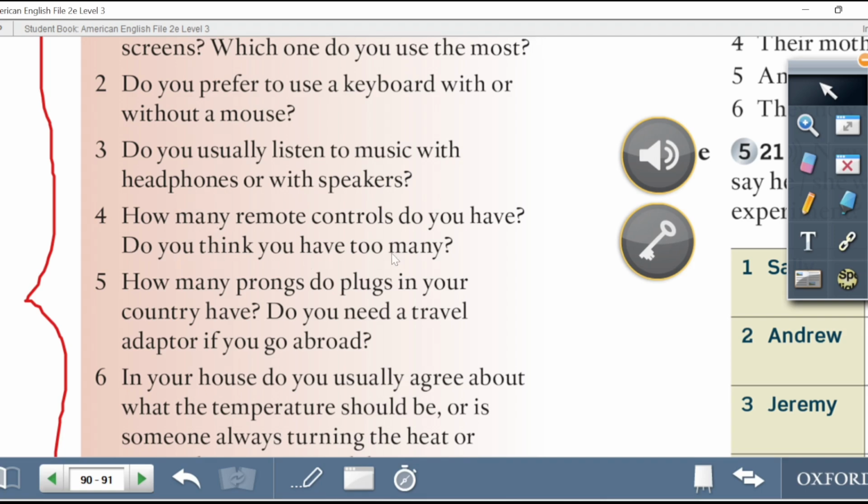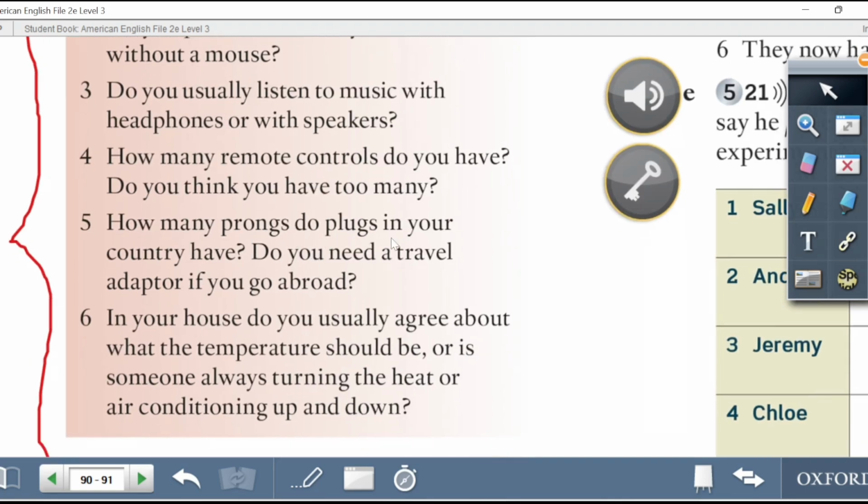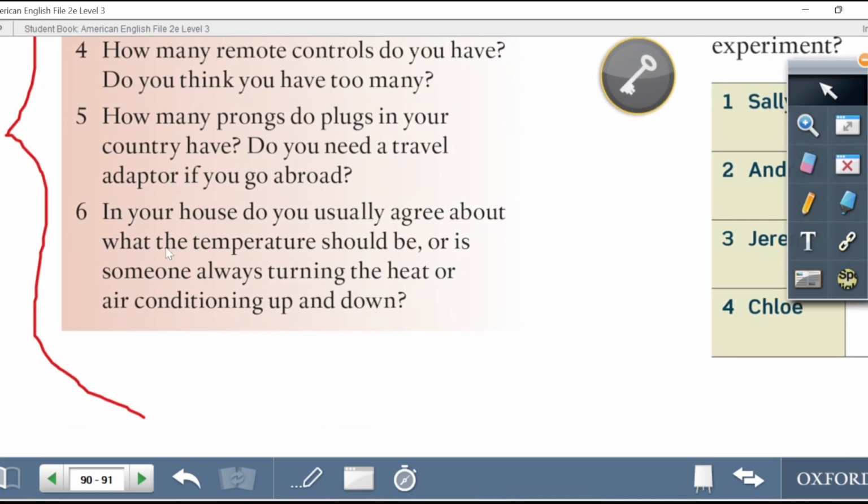خب how many remote controls do you have چند تا remote control دارین؟ Do you think you have too many؟ فکر میکنین خیلی دارین؟ How many prongs do plugs in your country have؟ میگه چند تا شاخه داره این پلاگاتون توی کشورتون، همونی که اون بالا توضیح دادیم. Do you need a travel adapter if you go abroad؟ فکر میکنید travel adapter نیاز دارید اگه بخواید برید خارج از کشور؟